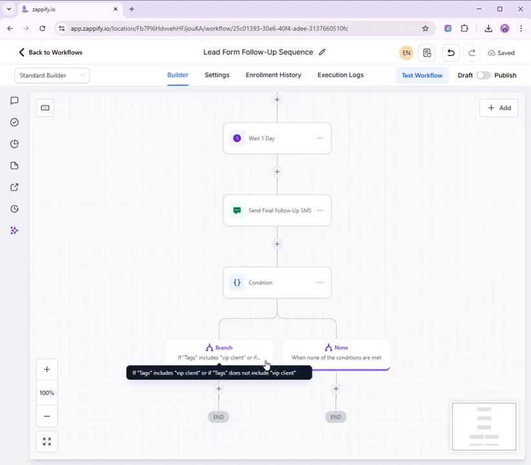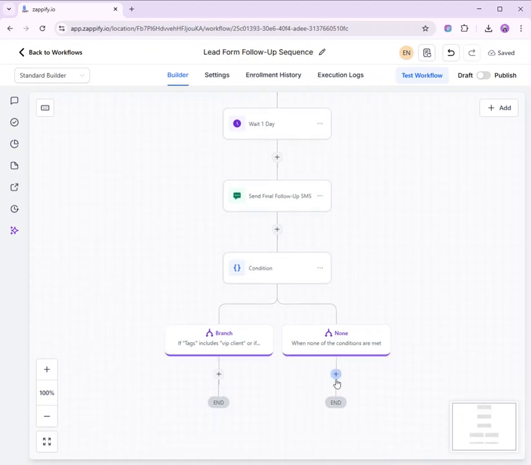So this process allows you to personalize your automation based on who the contact is. You can also add wait step like this one, between actions to delay the next step by minutes or even hours or days, depending on how or what is your strategy. So by combining if else conditions with wait steps, your workflow becomes more dynamic, sending the right message at the right time based on each contact's journey.